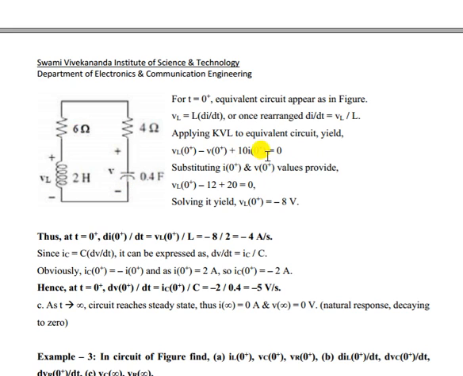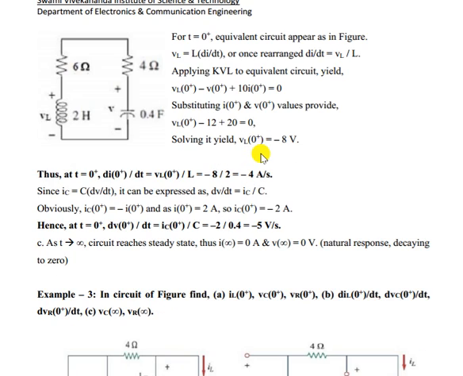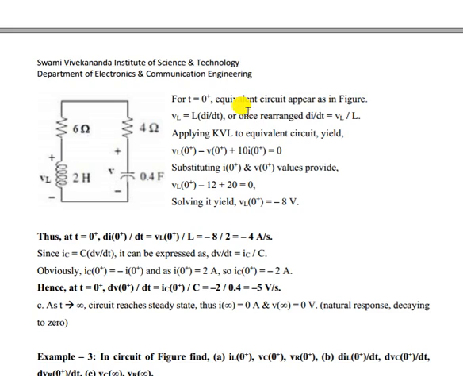So the current value we know, that is equal to 2 ampere. So that 10 into 2, 20, and VL0 plus equal to nothing but minus 8 volt. Okay. So we got it minus 8 volt, right? So we can find out di0/dt, that is VL0 is minus 8 and value of L is known, 2 Henry, so minus 4 ampere per second.